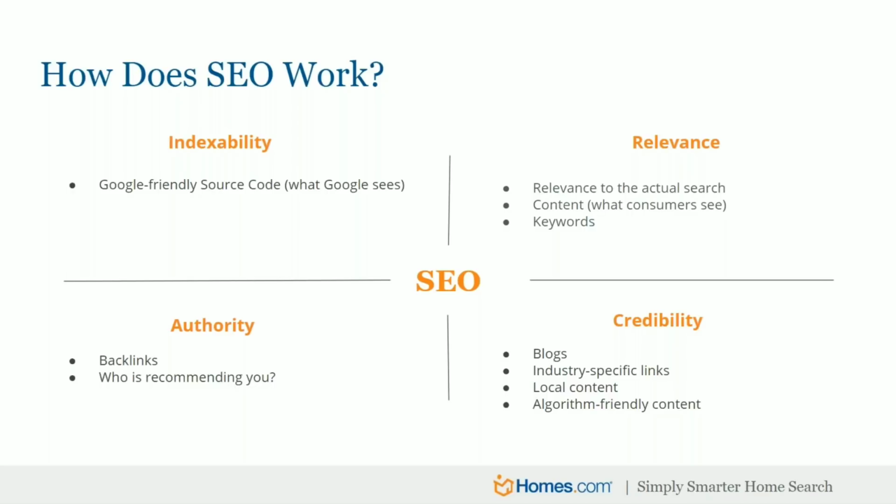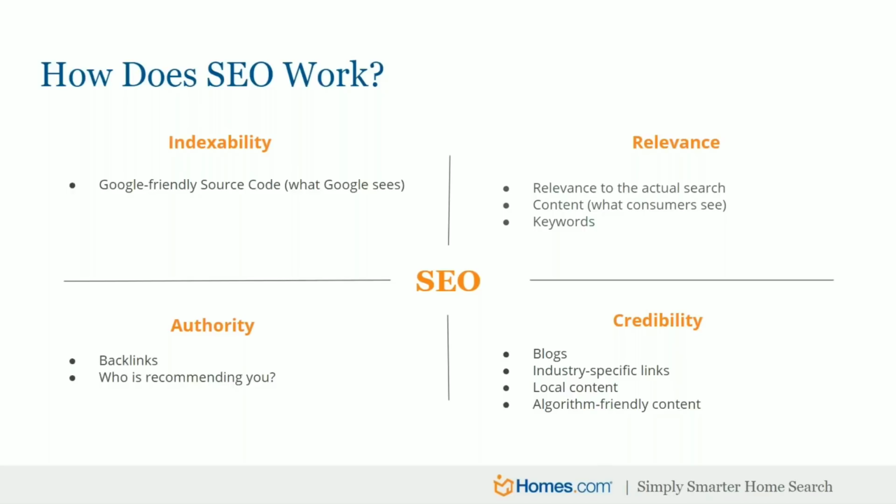The next thing is content. If I'm looking for something, it's not only what kind of content you have on there, but also how fresh the content is. If I want to pull up information about what's going on in town this weekend, I don't want information that happened 2 or 3 years ago. I want something that's going on this weekend. You want fresh content. That's what consumers want, and that's what Google wants to give, the freshest content, so they give more credit to that. And then of course the keywords, like real estate in properties in this subdivision of the city. Those are keywords.